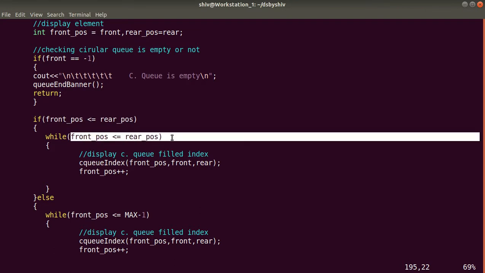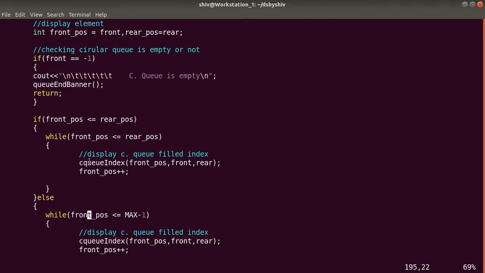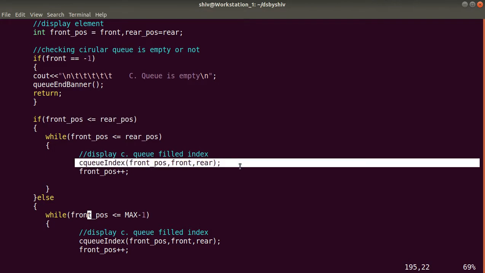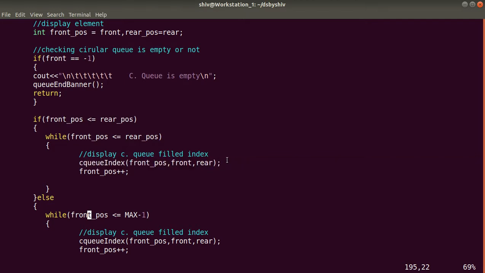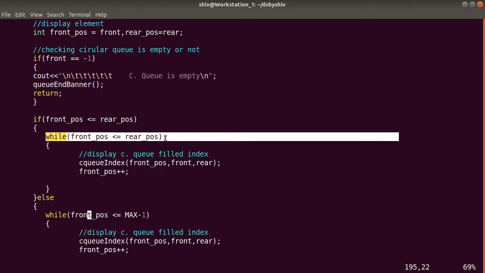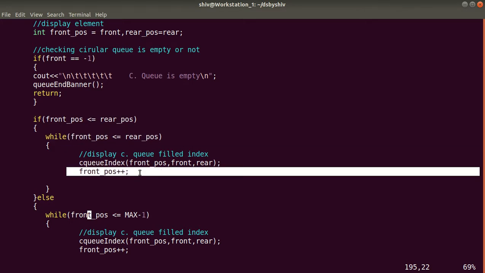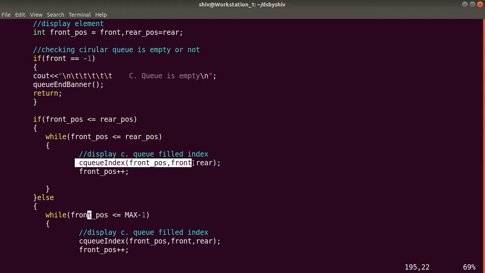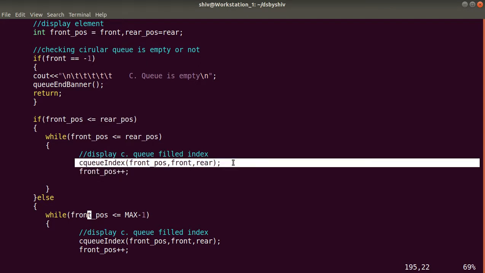While front position is less than or equal to rear position, we call the method CQIndex to display the element at that particular index, and we increment front position with ++. Till this condition is true, this will be incremented and it will print all those elements in the queue entered by the user.